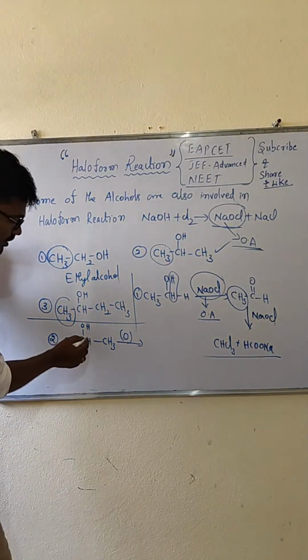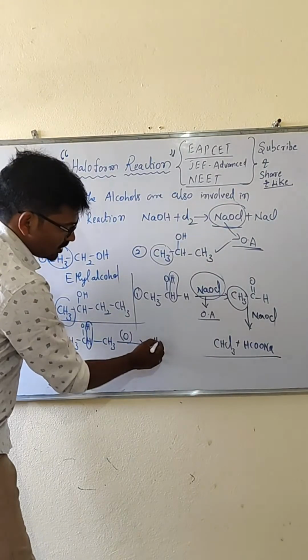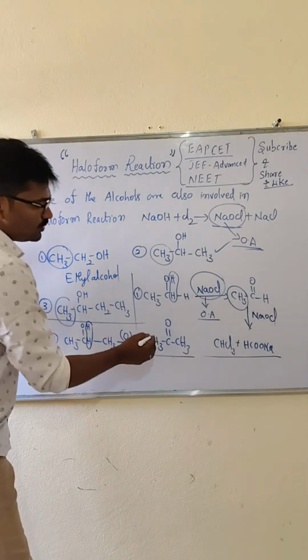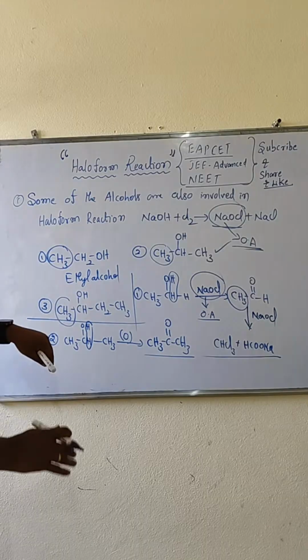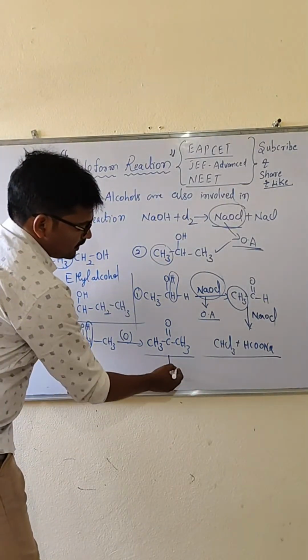So that will be converted here, with removal of hydrogen atoms from there, resulting in CH3, then C double bond O CH3 will be formed. So what is formed? Acetone is formed. So once acetone is formed, then acetone when it is treated with